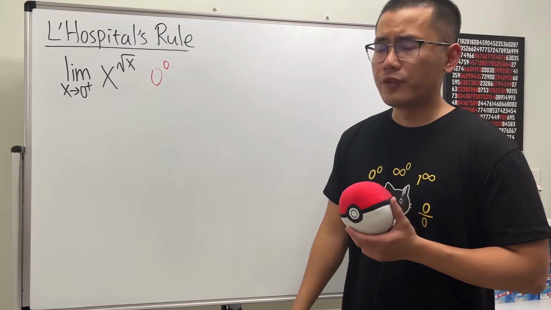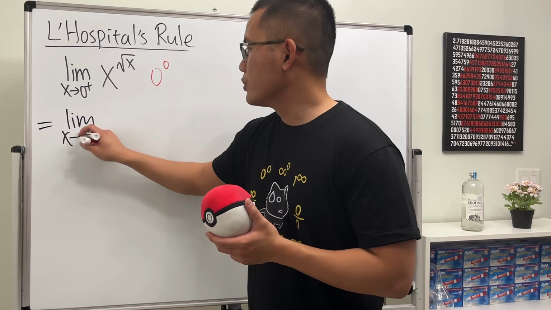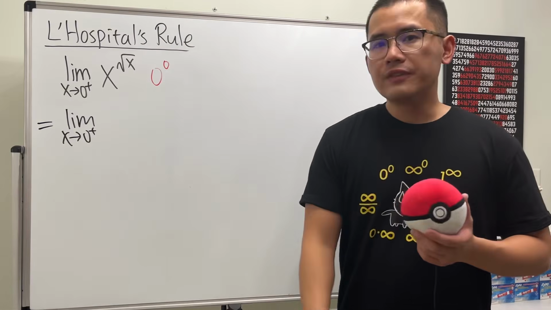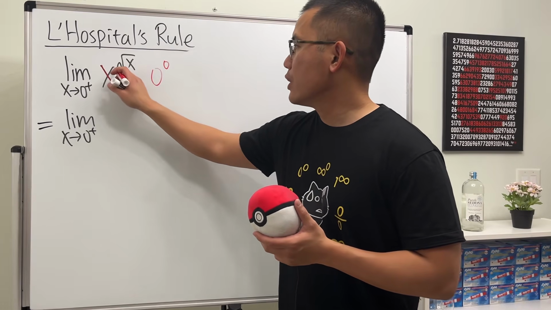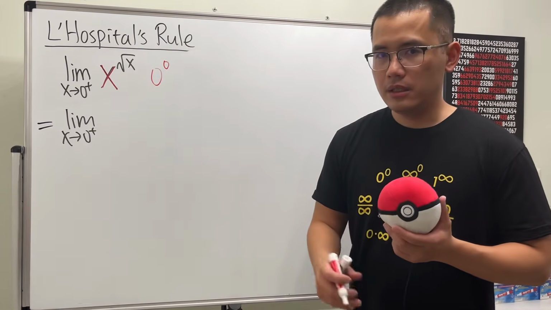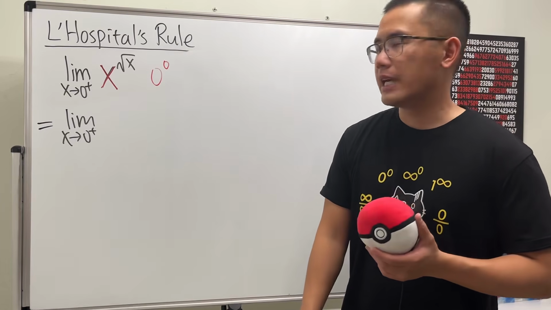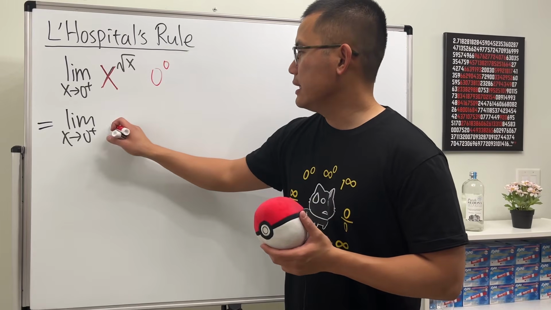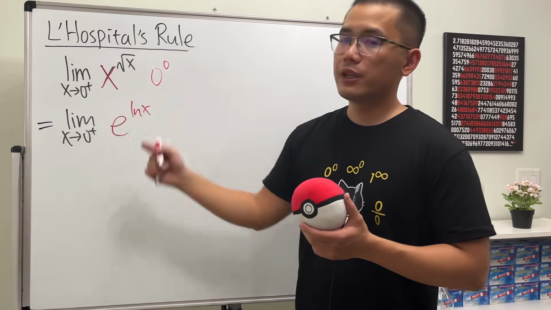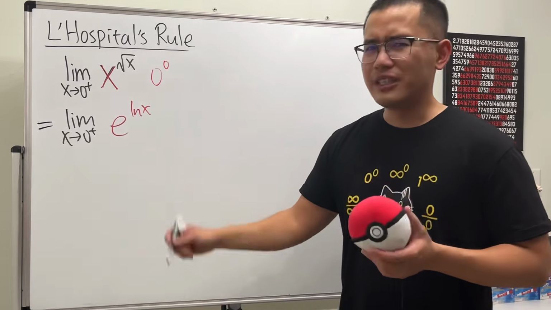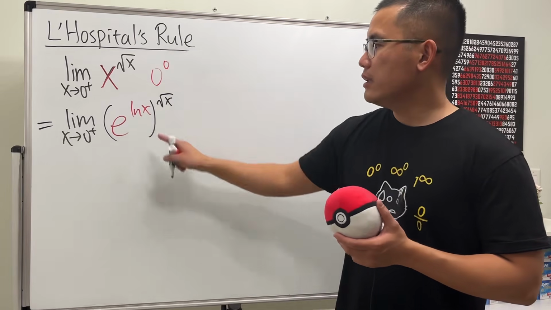Alright, so what we're going to do for the second way. Here, we still have the limit as x approaching 0 plus. Instead of taking the natural log, well, we are going to rewrite the x. We don't like x for the base, and especially the power is also a function. We like to have base e, especially in calculus. So we'll write this x as e to the ln x power. You see, this and that cancel, we still get the x back. So we are still kind of using ln. Alright, so we have this and then raised to the square root of x power,